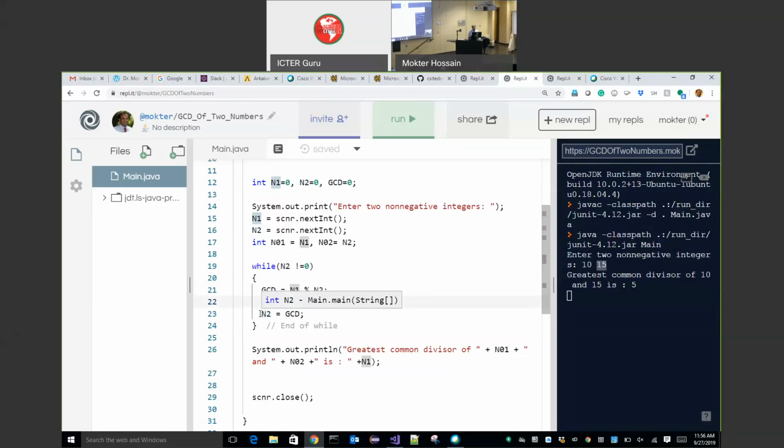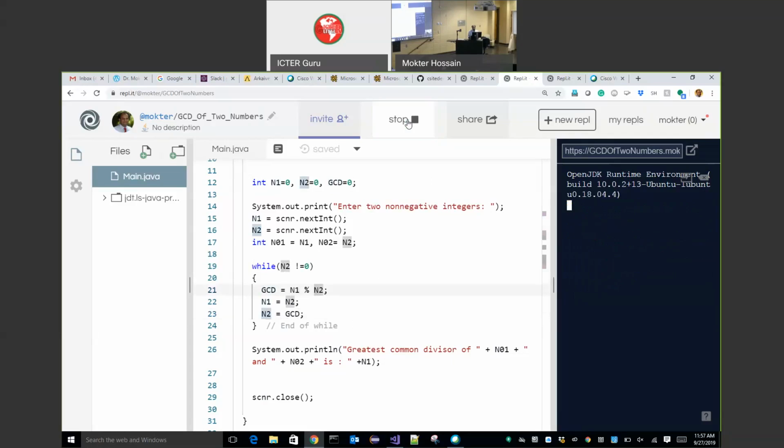And then here I'm getting N2 equal to GCD. And then in the third iteration I have 5 modulo 5, which is 0. Then it will not come to here.